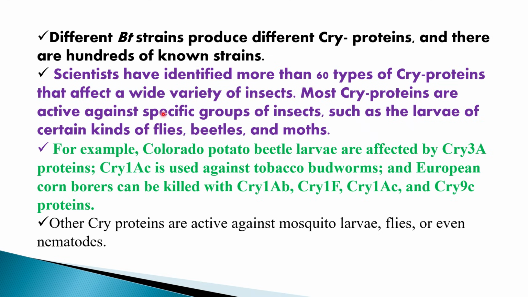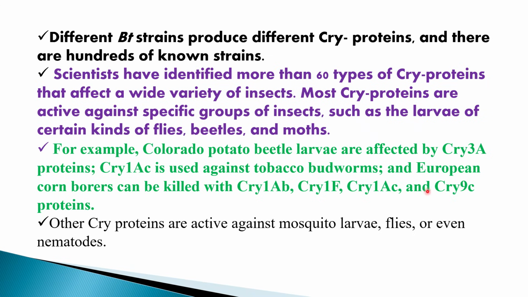Different Bt strains produce different cry proteins, and there are hundreds of known strains. Scientists have identified more than 60 types of cry proteins that affect a wide variety of insects. Most cry proteins are active against a specific group of insects, such as the larvae of certain kinds of flies, beetles, and moths. For example, Colorado potato beetle larvae are affected by the Cry3 proteins. Cry1AC is used against tobacco worms, and European corn borers can be killed with Cry1AB,